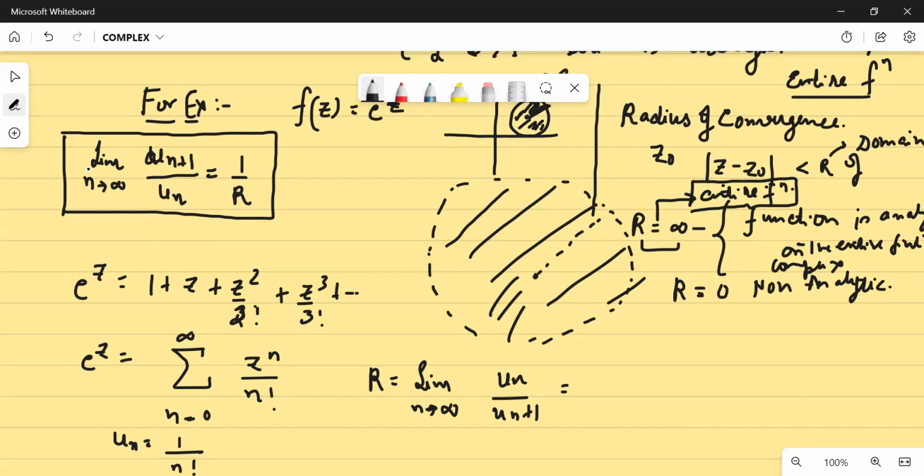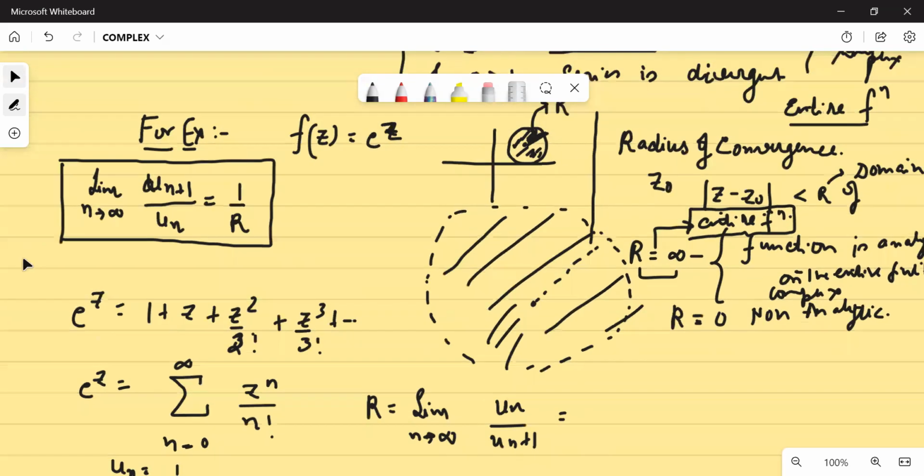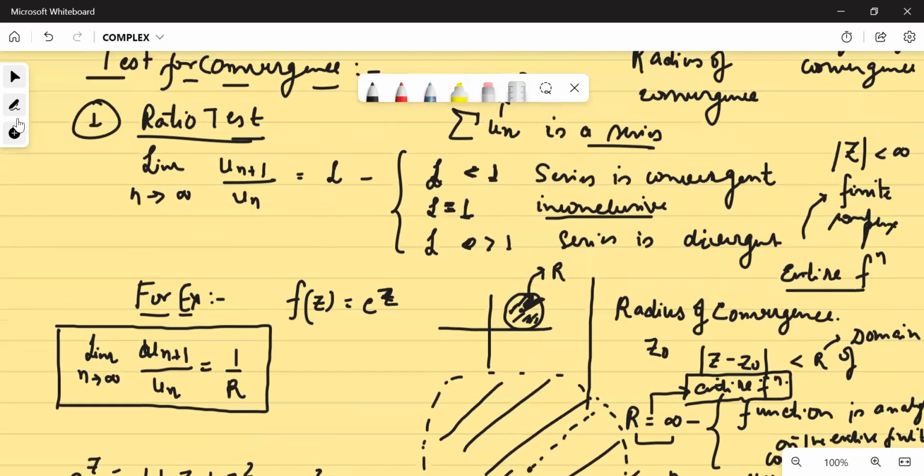अच्छा, तो मेरे को un नहीं बताया कि मैंने. So, एक मिनट को. I think this will be a problem for you. Just write it in the fashion positive. Okay. इसको लिखो यहाँ पे an. Otherwise you will get confused. An. And you write un as summation an into z की पावर n. Okay,